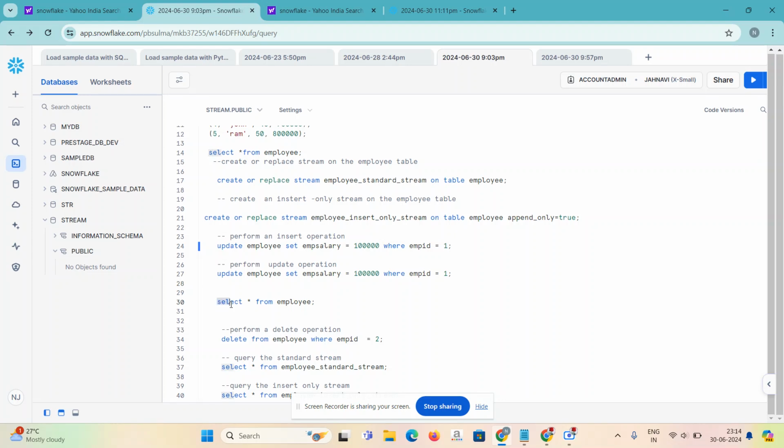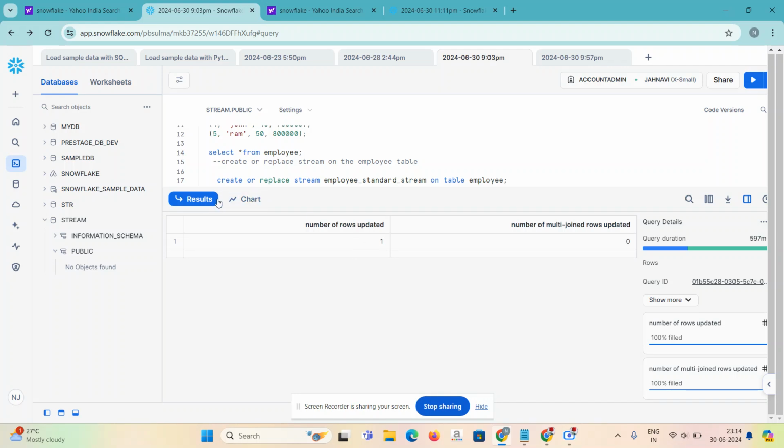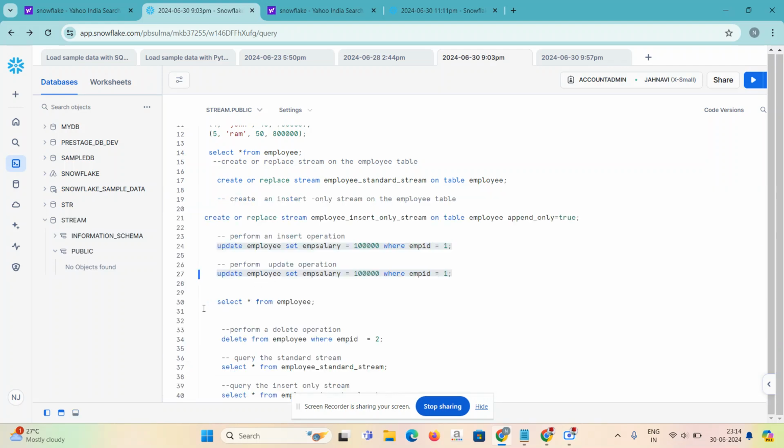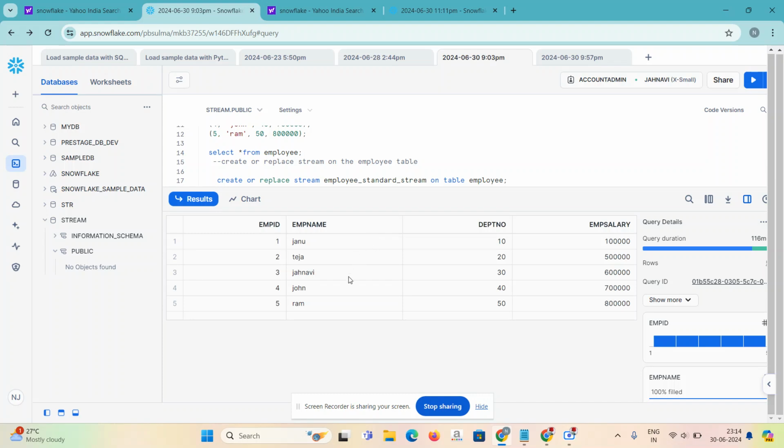This is the insert operation and this is the update operation. Then click on the update operation. One row is updated, then we have to see the data: select star from employee, then click on it. We see that the data is updated.